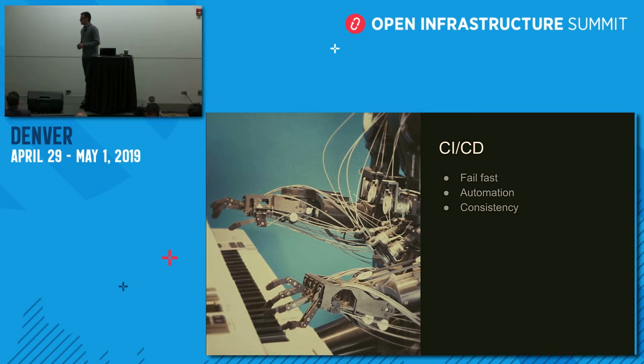Then the other big area of the talk is CI/CD, so continuous integration, continuous delivery. Here the idea is to accelerate the business, to be able to go fast and to fail fast. We don't want to invest a lot of developer time and spend a lot of effort and then realize, well, this thing didn't work out, now we lost 6 months. So it's better to realize that as soon as possible and keep iterating in short cycles. So this is where CI/CD helps. And for this to happen, you really need really good automation.